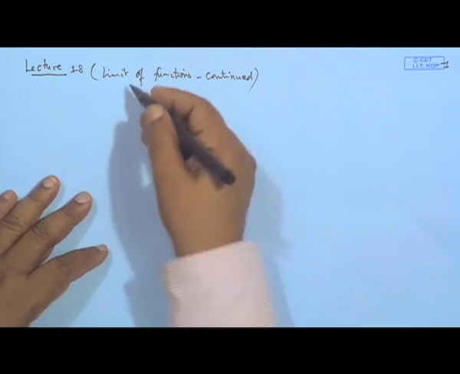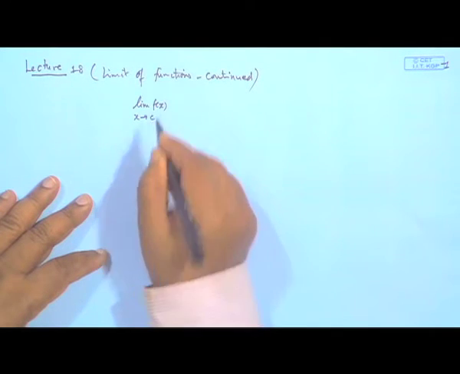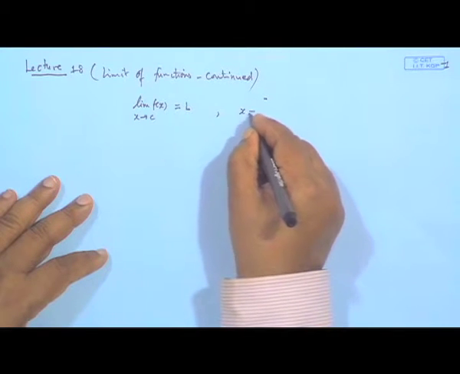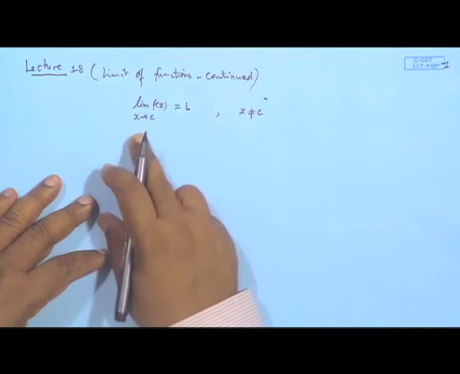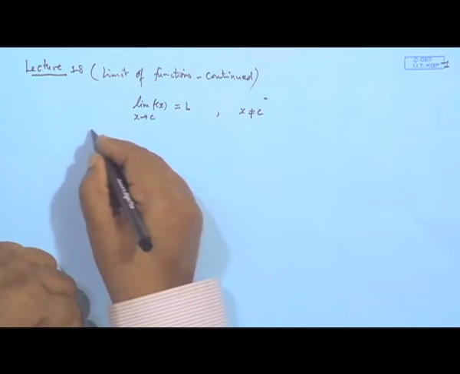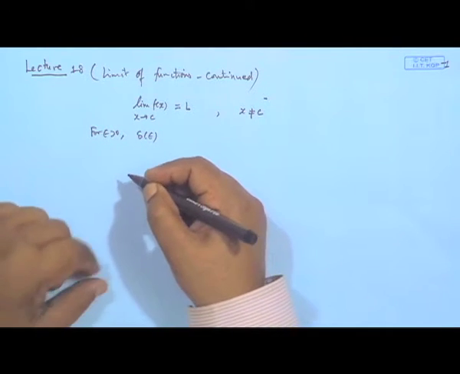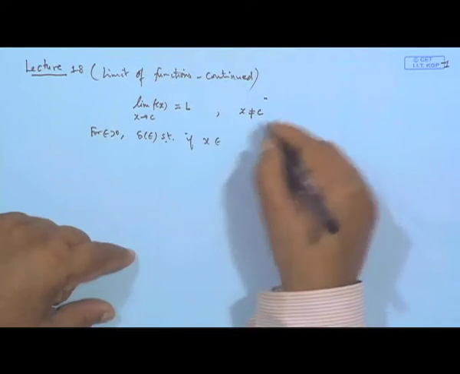Okay. So, we were discussing the limit of functions, and the way we have defined it is we say the limit of this function f(x) when x tends to c is L, where x is not equal to c. The meaning of this is that for a given epsilon greater than 0, there exists a delta, which will depend on epsilon, such that